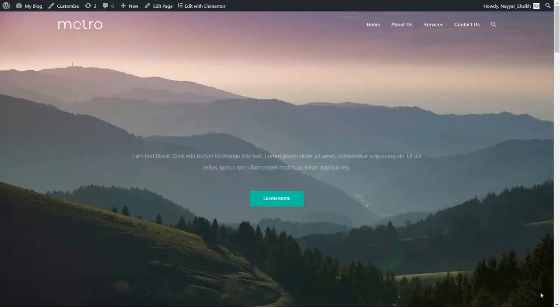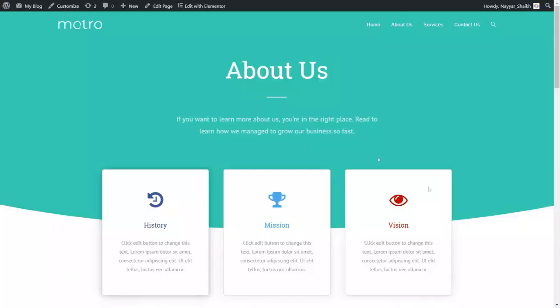Now let's see how the about us page looks like. Okay, so this is our about us page. As you can see, the top section is a very beautiful section. We are using a very beautiful design over here. Now if you see the top section here, we have the title, the divider, and some text, and after that we have this curve over here, and we have three different things about us, like our history, our mission, our